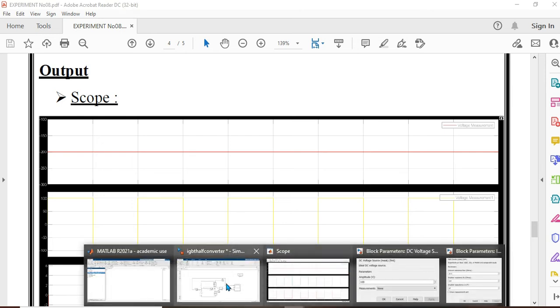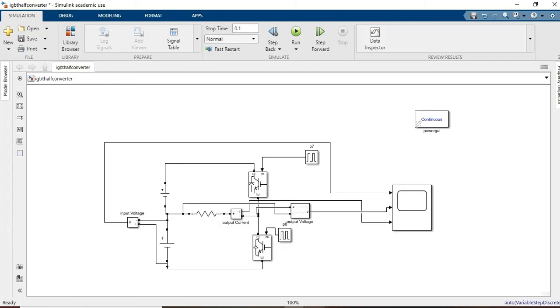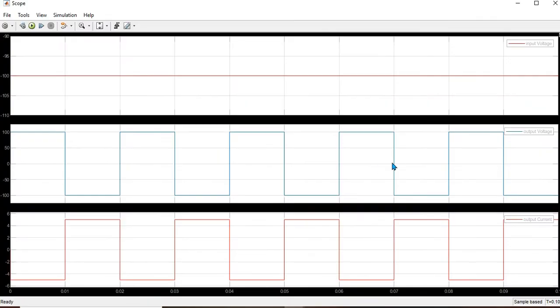Now we are moving to the actual diagram. This is your half wave rectifier. Here you will get the output of it. Now first of all, after mounting the circuit you have to apply the run button. जैसे आप run button पे apply करोगे, your circuit will run. Now double click on your scope. As you double click on your scope, you will get this output. Now this is your 100 volt का DC source.